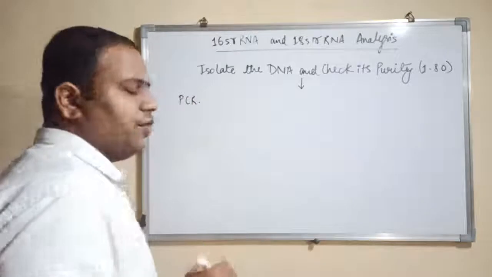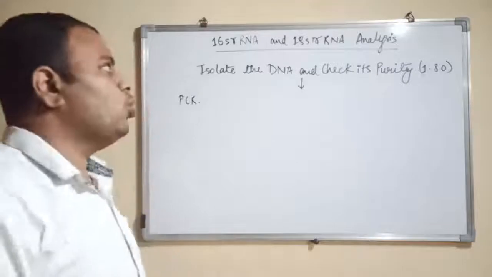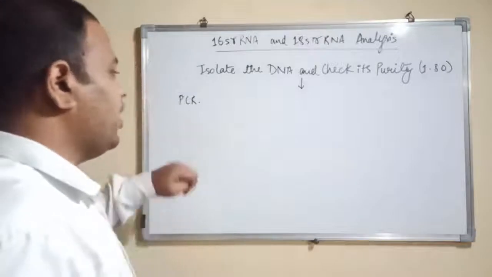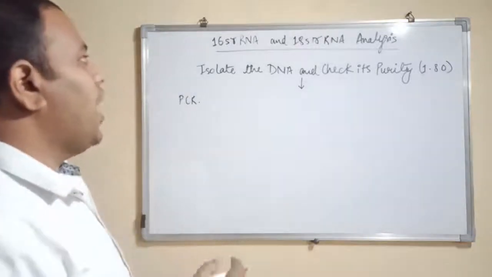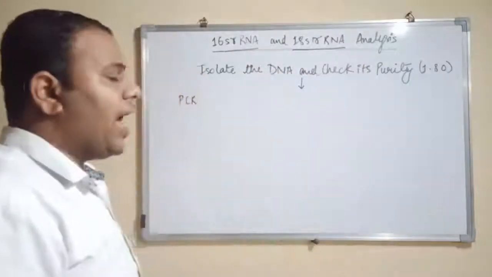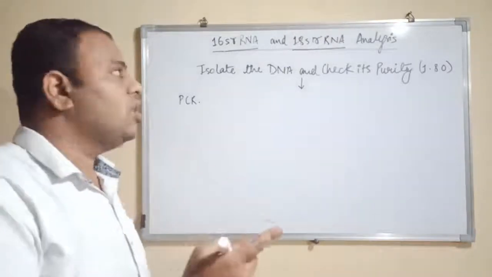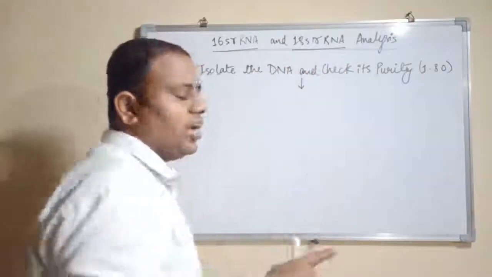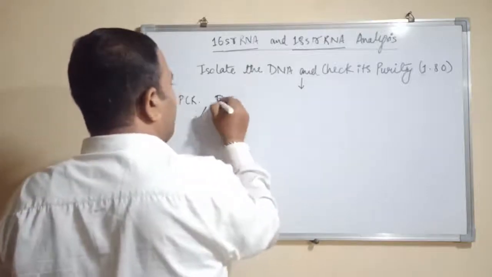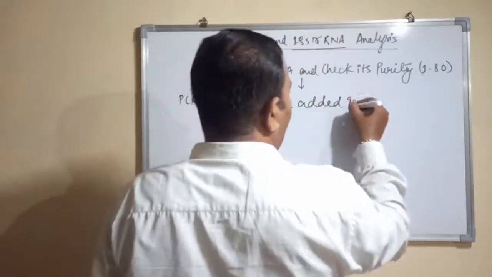You know that there are different primers available for the 16S and 18S rRNA. Using these primers, we can put the DNA into the PCR machine, and all the PCR mix is added into that, along with the specific primers for 16S rRNA and 18S rRNA, for the region of the 16S rRNA and 18S rRNA that we want to amplify. The PCR primers are added and the DNA is amplified.